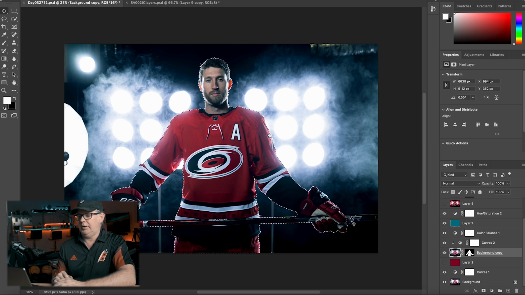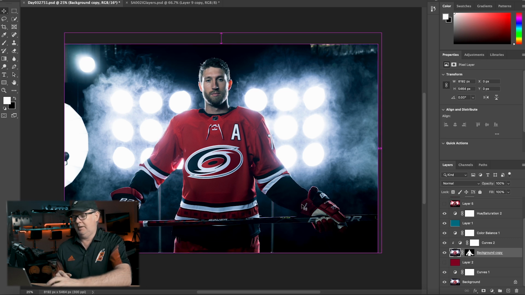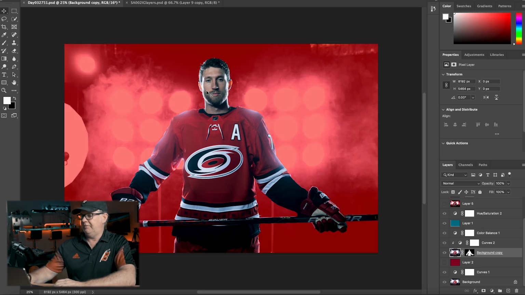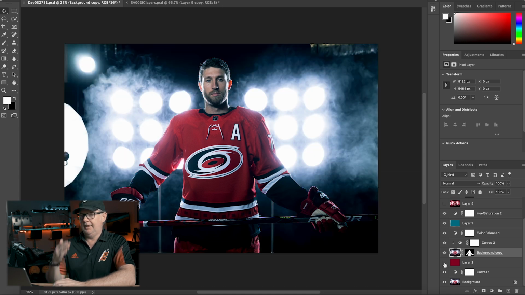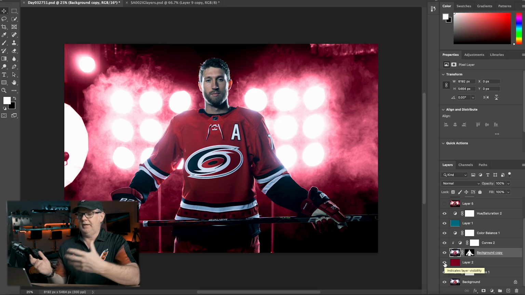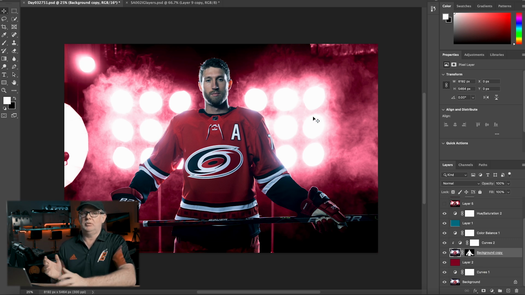You can see it's gotten these little areas here. I have to work on the stick portion. It kind of lost that there. But at the end of the day, it has come light years. In the past couple of years, the technology is really amazing. So once we have that mask in place, he is pulled out of that background layer. Then I can slide in this red layer, which then converts the smoke to that